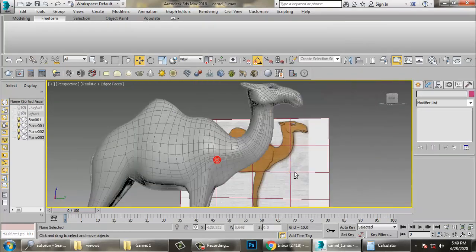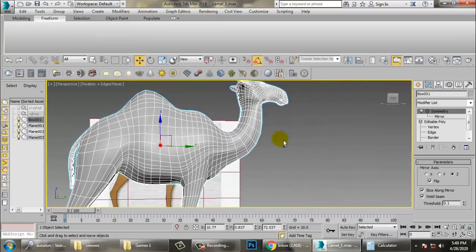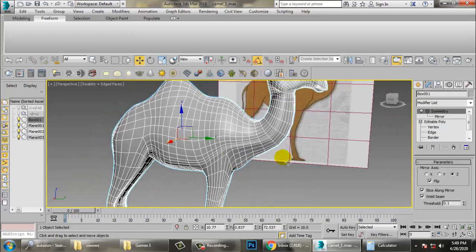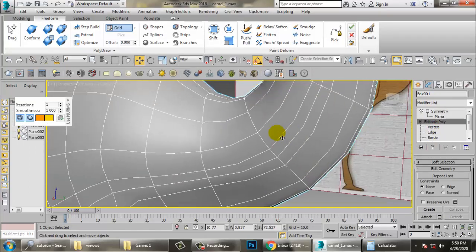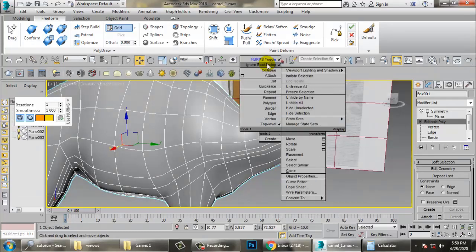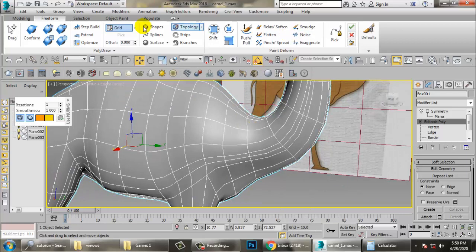So as we have done this modeling for this camel, let's continue. We'll just remove this. If you're giving a knob toggle over here, let's go into free form and use a bit of relax.